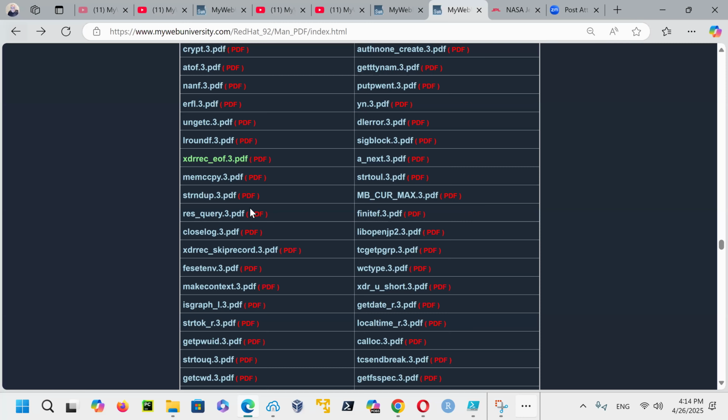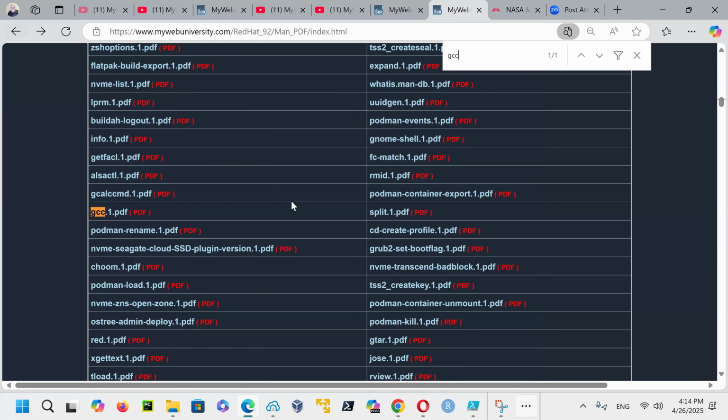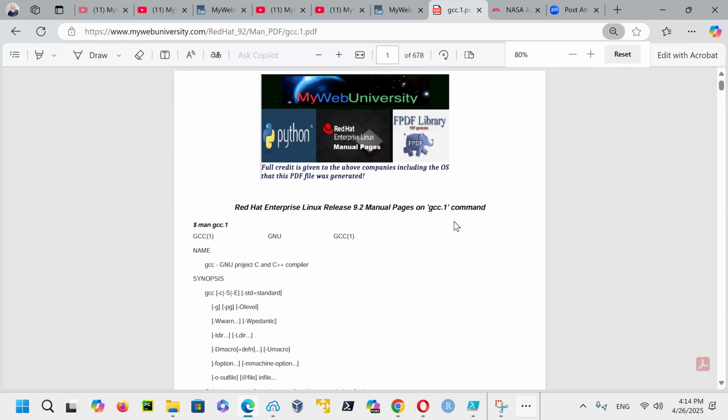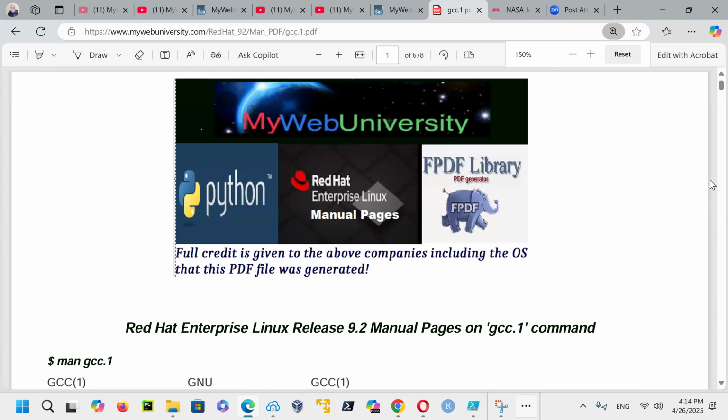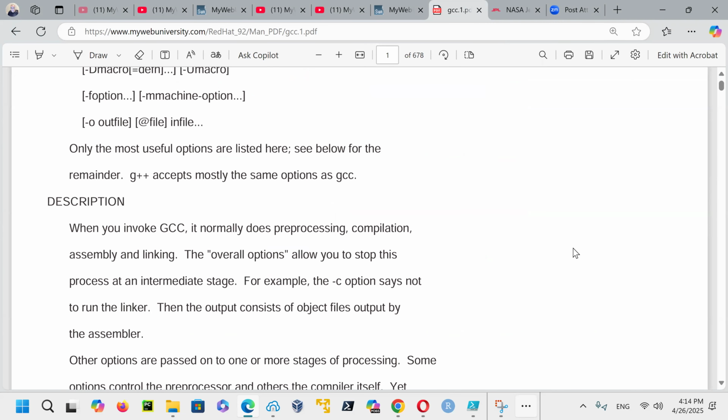And then for Red Hat, if I say, for example, show me the GCC, GNU C collection compiler, here you click on it, and I just generated that free PDF file for you. So you can see, if you make it bigger on the screen, you can read the whole GCC compiler documentation.